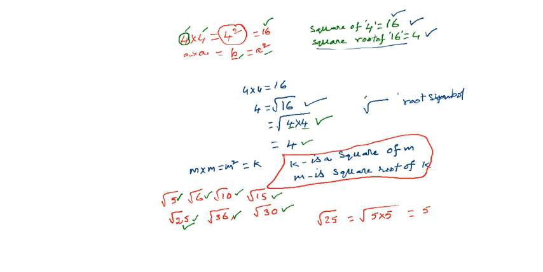But what about root 10 and root 15? Here 15 is written as 3 into 5, but 3 and 5 are not equal factors. In one more example, 10 is written as 2 into 5, but 2 and 5 are not equal factors. So it is not possible to get the square root. But in 25, it is easy for us to write the product of 2 equal factors, that is 5 into 5. Then we take one digit, that is 5. Here 5 is called the square root of 25.